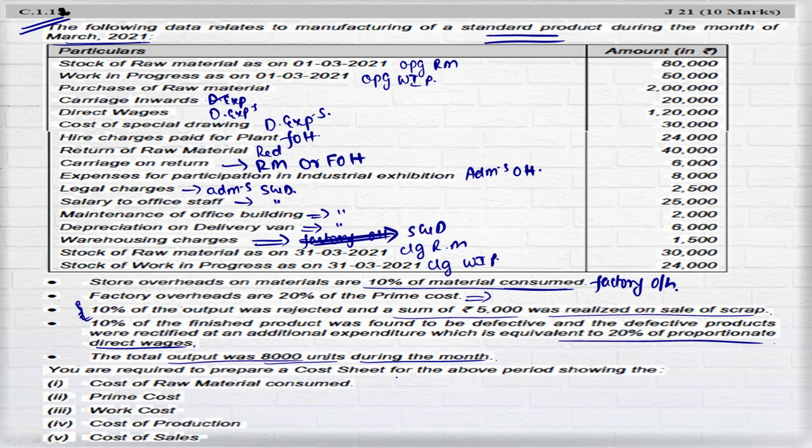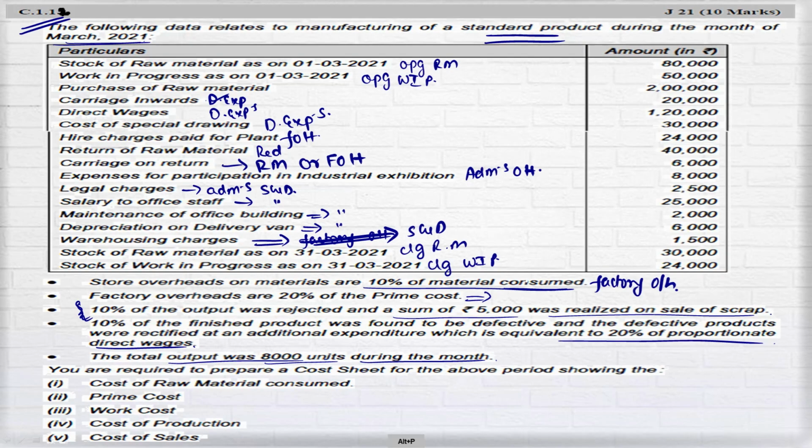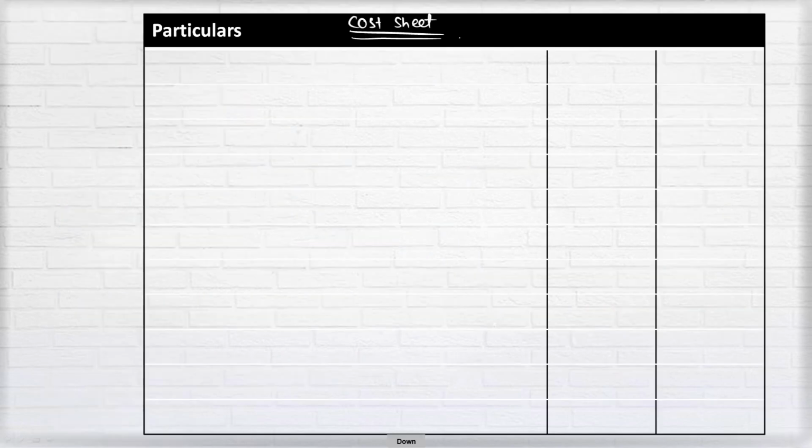You are required to prepare a cost sheet for above period showing cost of raw material, prime cost, work cost, cost of production and cost of sales. Let us draw a cost sheet. Alright, shall we start? Try to understand. What they are trying to say is